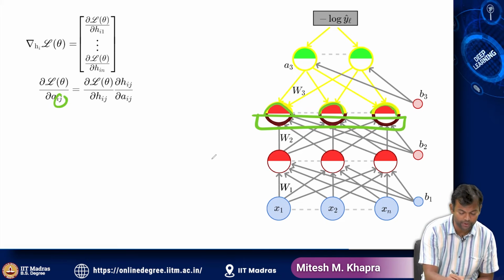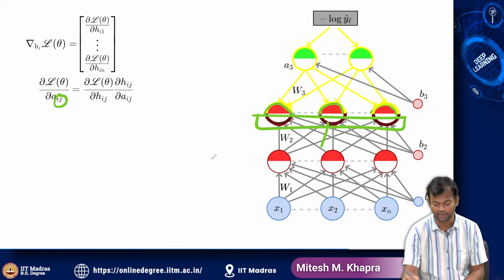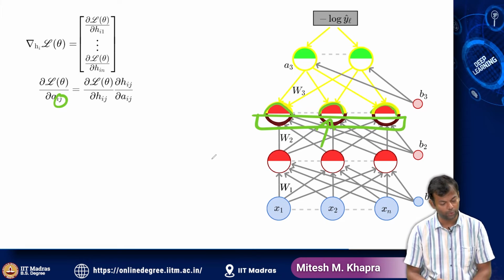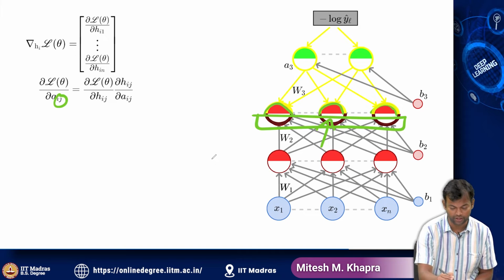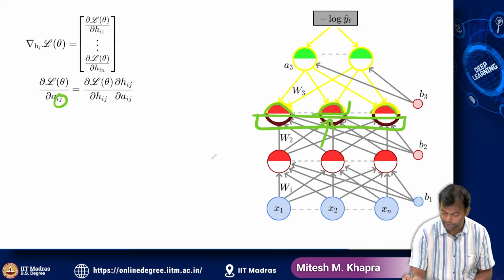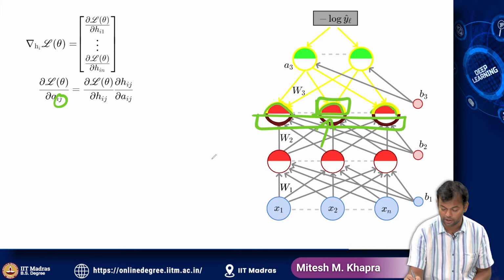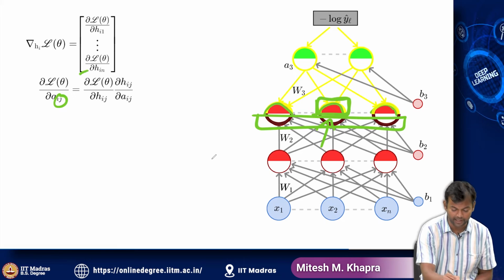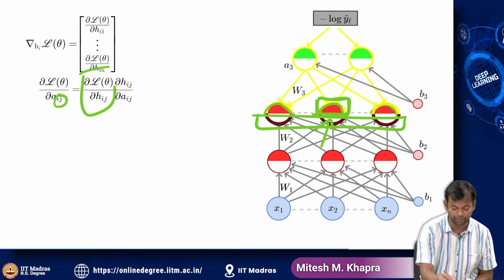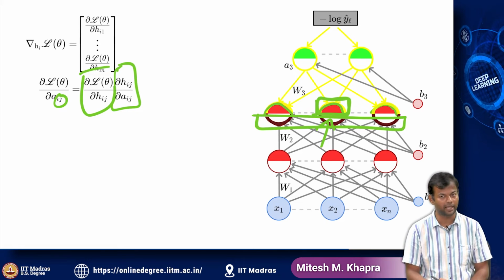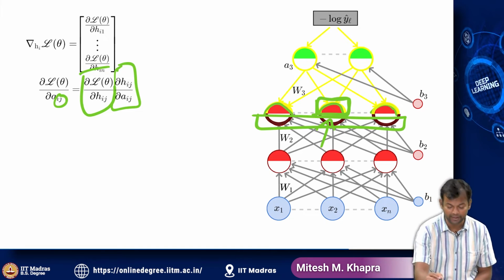I am trying to compute the derivative with respect to one of the elements here. And what would that be? That would be the derivative of the loss function, which I have already computed up to here, so I can just use that part as it is, and then the derivative of hij with respect to aij. And remember that